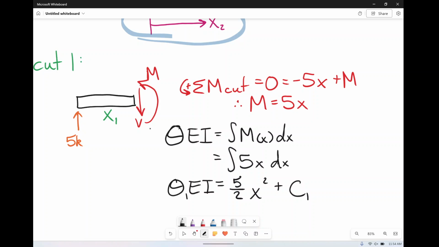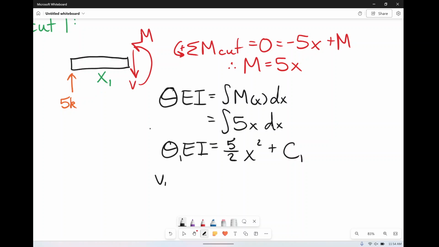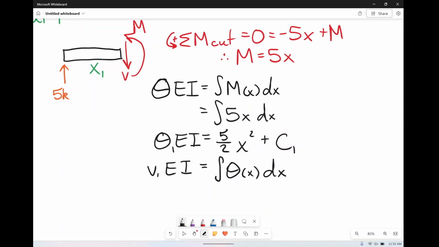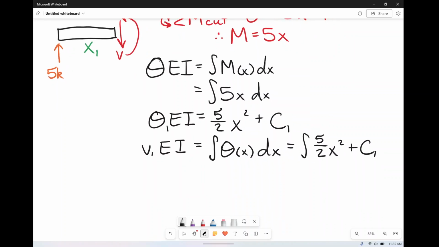Then if you actually want to solve for deflection, again, I'll call it deflection 1, it's times the flexural rigidity. The deflection times the flexural rigidity is equal to the integral of the slope equation in terms of x dx. So for us, that's going to be the integral of 5 divided by 2x squared plus c1. Okay, so now we're going to take this lovely integral over here, and for our deflection equation times the flexural rigidity, we're going to get minus 5 divided by 6x cubed plus 25x,